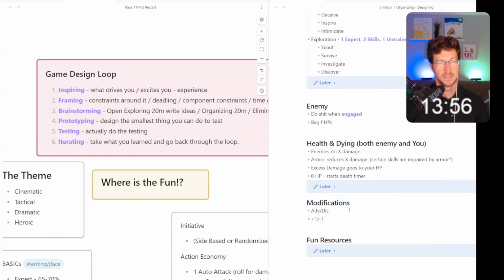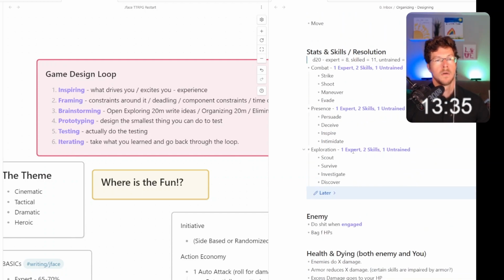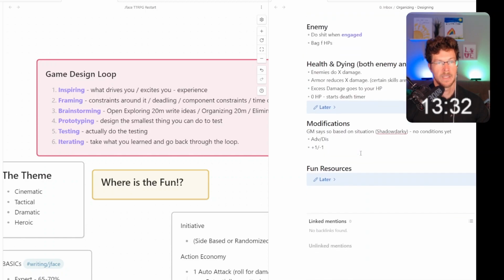This is just DM says so right now. DM says so based on situations. This is a very shadow darky way of doing it. Meaning that, like, no conditions. Okay. All right, and now that all looks fine and dandy, and then we'll just do classes real quick.